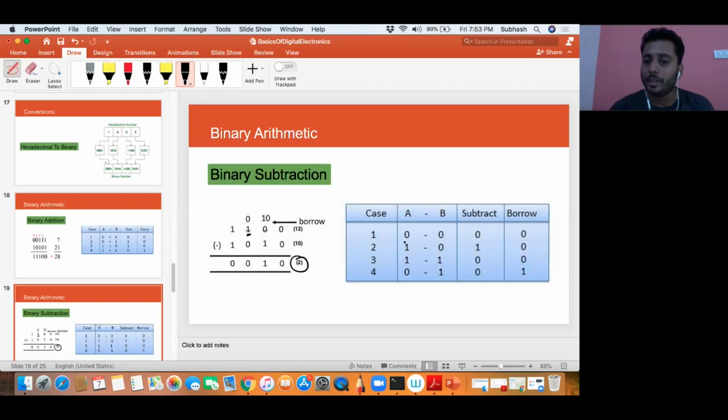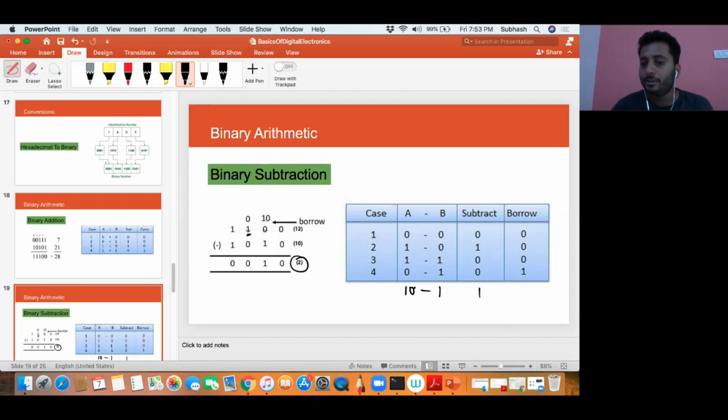This is how it is. If you have doubt, in the last one you can keep it as 10 minus 1 is equal to 1. I will write it once again. If you have a problem with the table, you can say 10 minus 1 is equal to 1, which has happened here. 10 minus 1 is 1. This is not 10, it's a binary borrowed. Once it has become borrowed, it becomes like this format. This is not 10 basically.